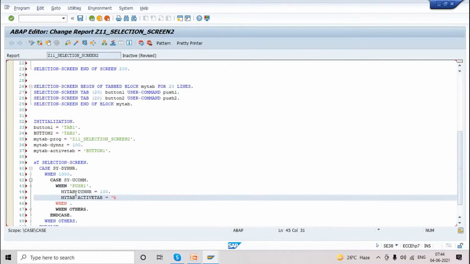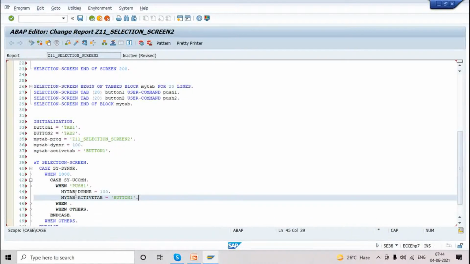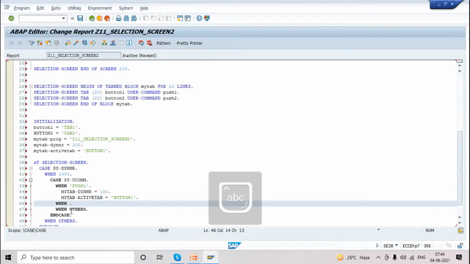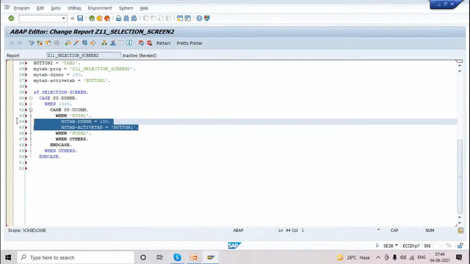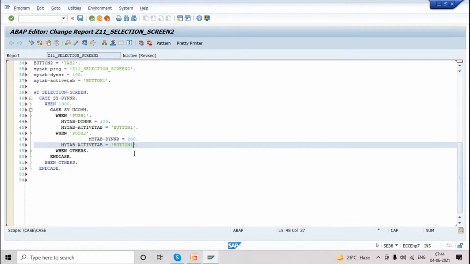Also, all single-quote text should be in caps. That is for push one. Now there is a push two. In this case, copy this setup. The screen number is 200 and the tab is button 2.